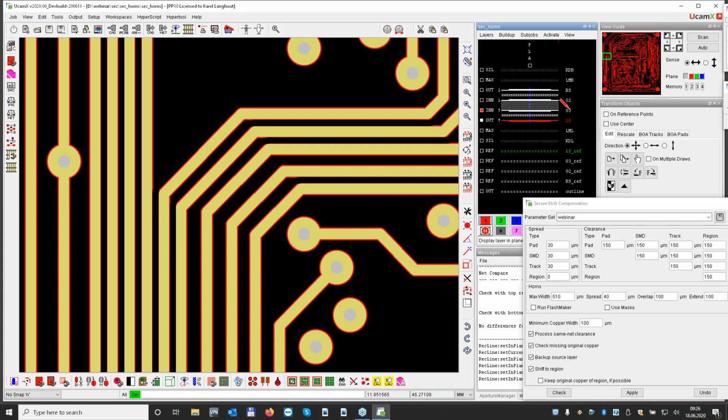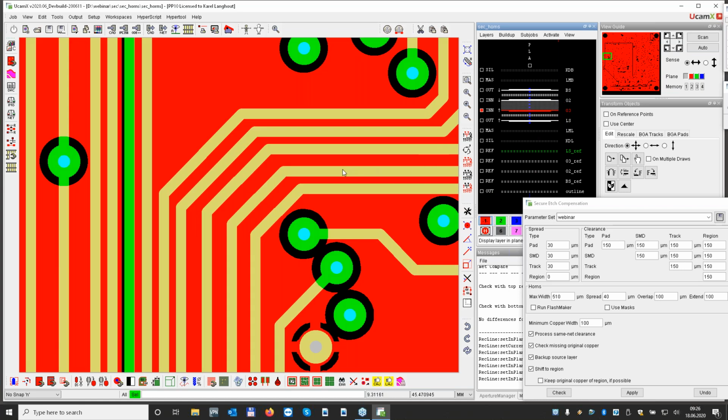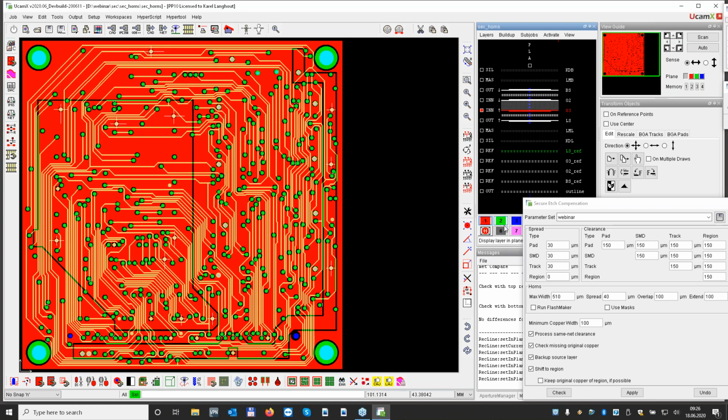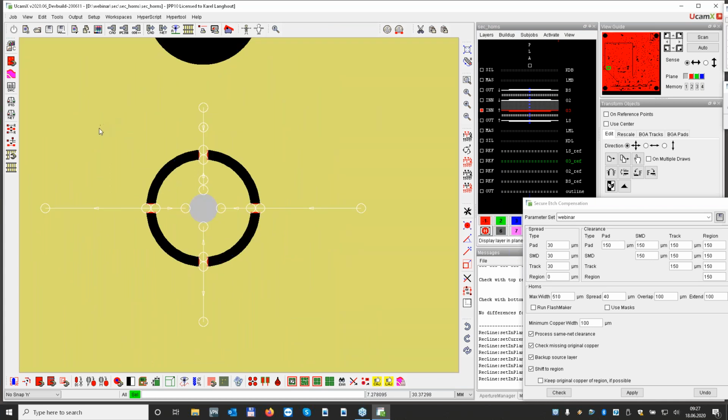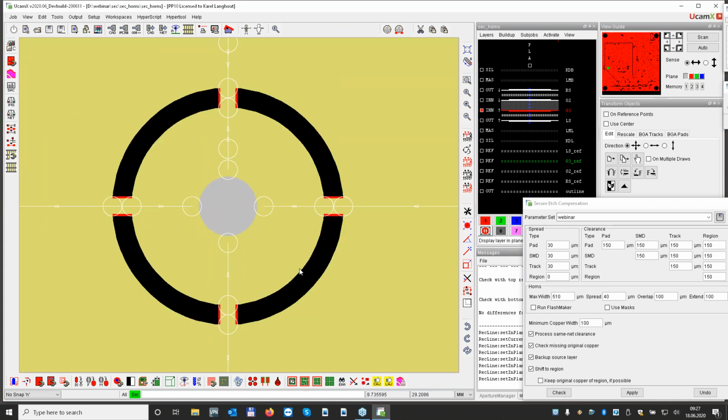Now let's see what is going on on layer number 3. So I will also do a total view, and I will again put on the third layer, and over here you see all little crosses. Okay, and these crosses that we have over here, if I zoom in on one of those, like over here, you see that we had a thermal in the copper area, and the connections of this thermal were not wide enough.